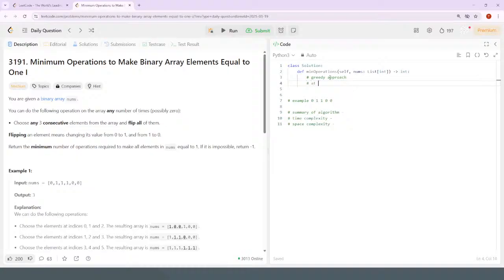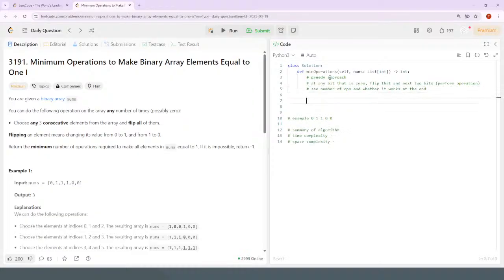so at any bit that is 0, flip that and the next 2 bits. One operation. Basically perform the operation. And then see the number of operations and whether it works at the end. Alright, go ahead and try this out. So,